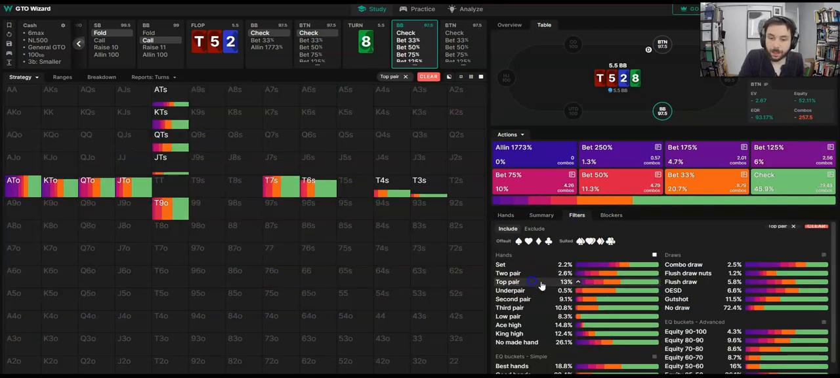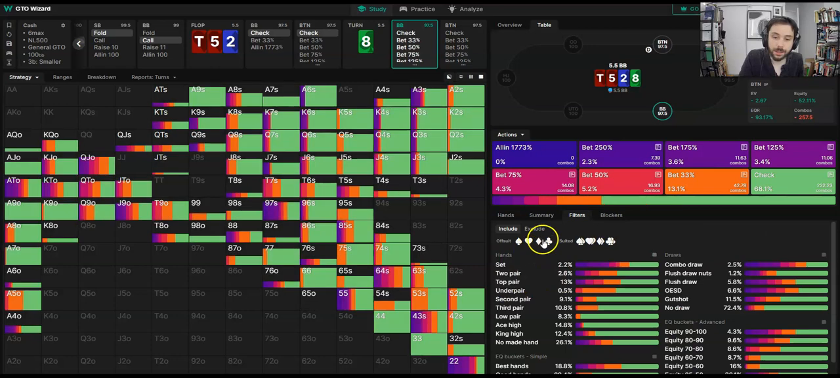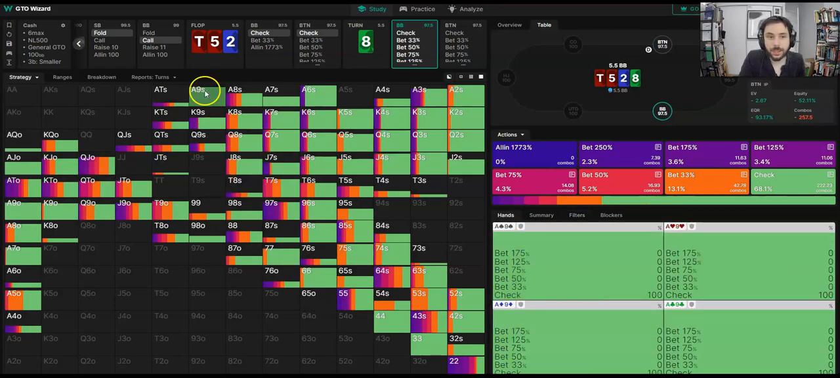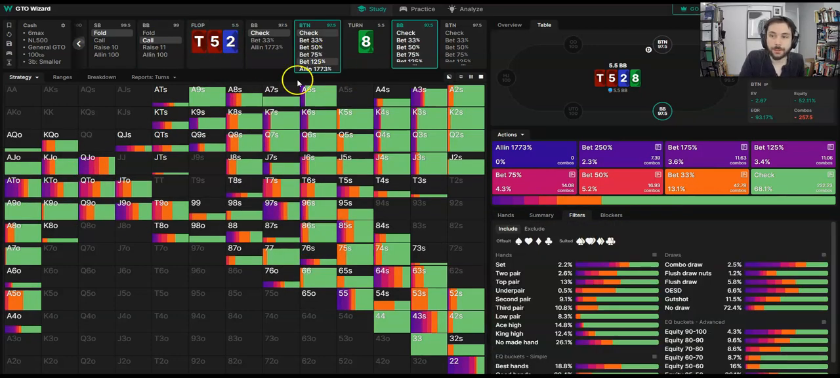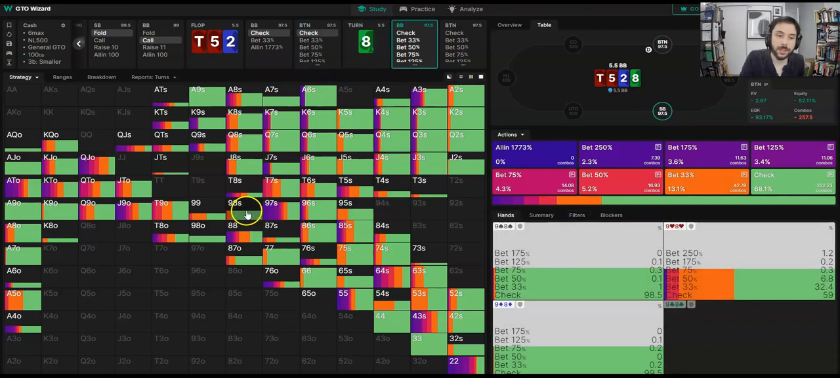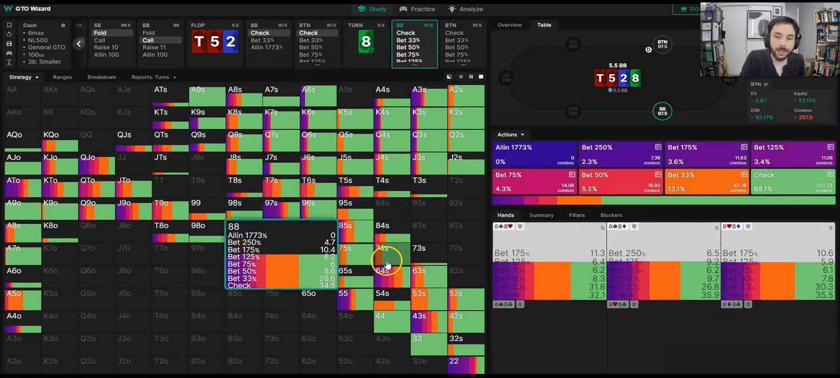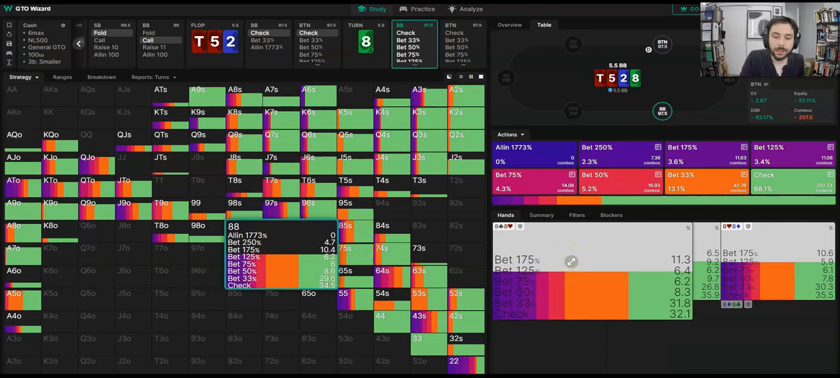You've got like 13% of your range is top pair. Some of that is strong enough to overbet. And then obviously you have like 6 combos of sets on the flop, and then 3 combos of sets on the turn. And like pocket eights here, I think that the student size on overbet here makes a ton of sense, because